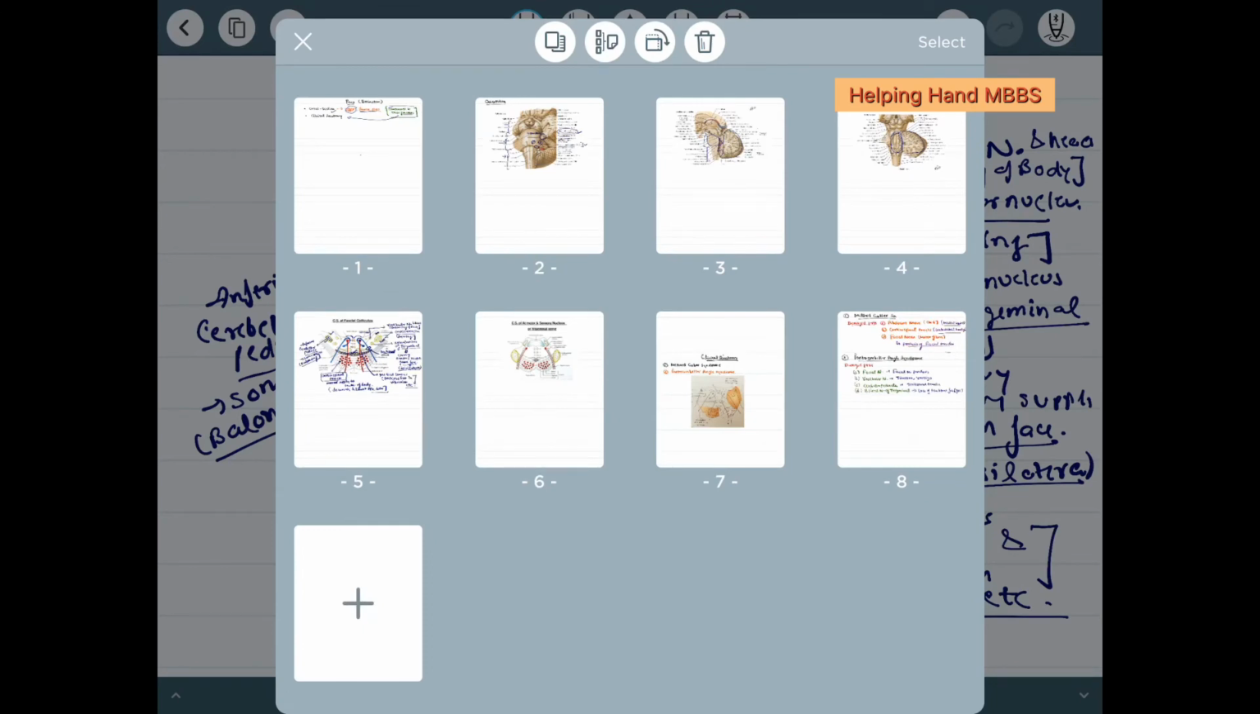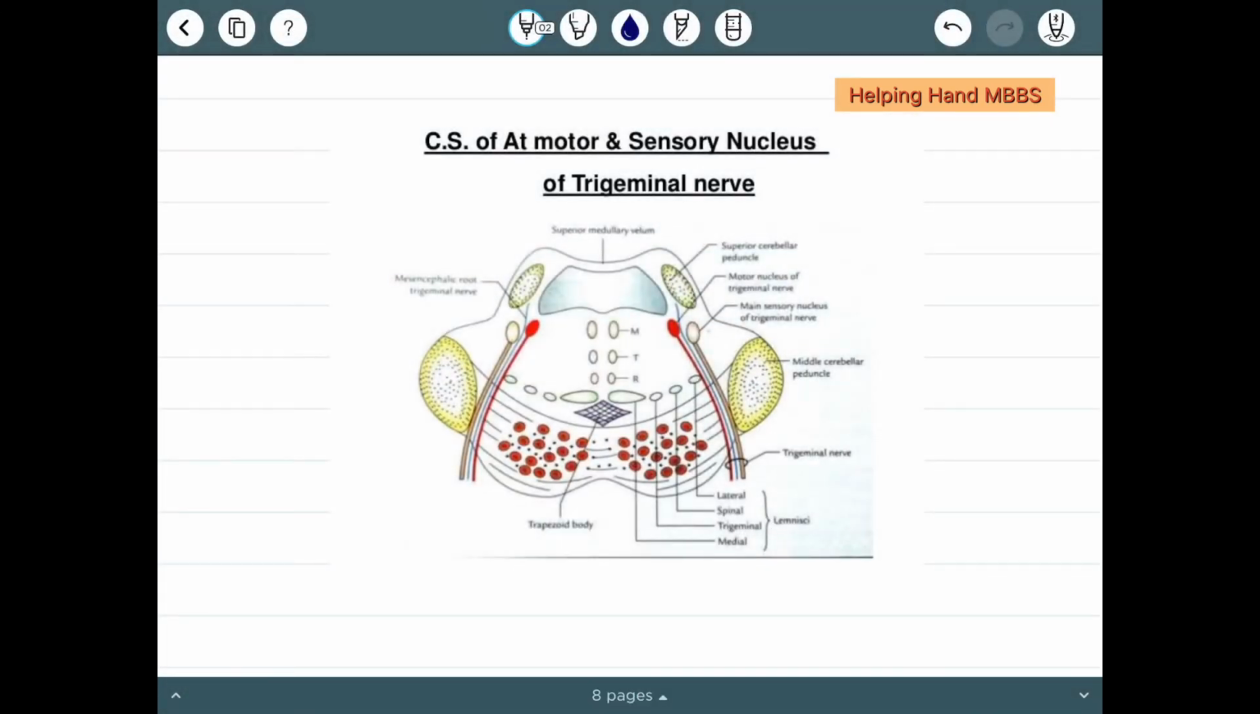Let us see the upper pons now. In the upper pons, some structures are the same, like you can see the trapezoid body, the medial lemniscus, the spinal lemniscus. What we have to see here is that the spinal nucleus of the trigeminal nerve and the motor nucleus of the trigeminal nerve, these two arise here. So this is the very main part of the upper pons, the trigeminal nerve,